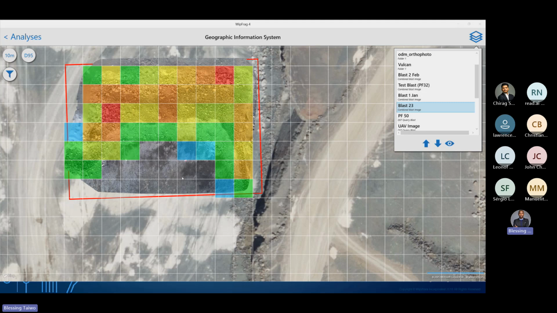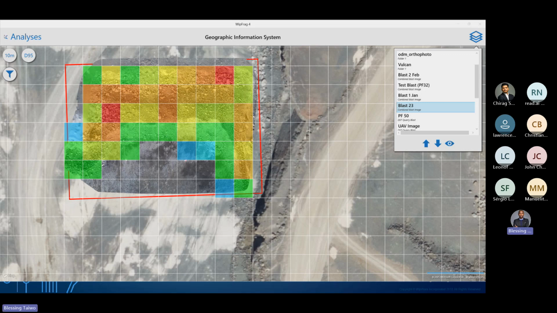So we're looking forward to adjusting the timing to control the movement of the material such that each row can give enough space for the muckpile movement to improve the fragmentation. We have good fragmentation at the front row, but at the back there's poor fragmentation because the delay timing is very poor.